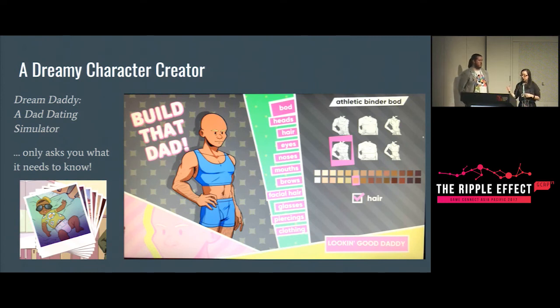And then as you go through, it asks questions about whether your daughter was adopted and whether your previous partner was a woman or a man. So it allows you to decide as a male main character whether you are in some way non-monosexual or if you are gay or whatever, kind of based on those choices and your history, and then whether you adopted your daughter. So it only asks you what it needs for the narrative, because those things come up later. It doesn't ask you kind of anything else.